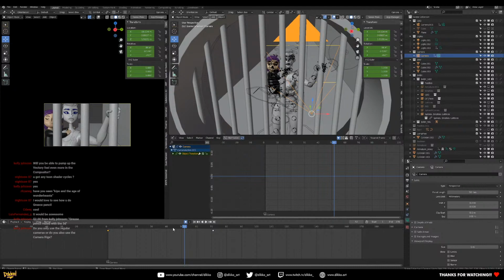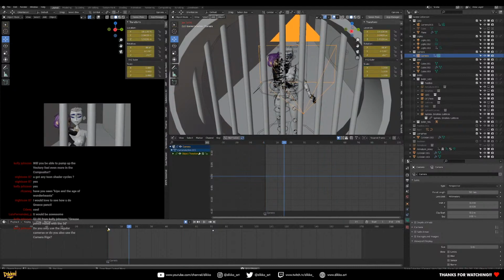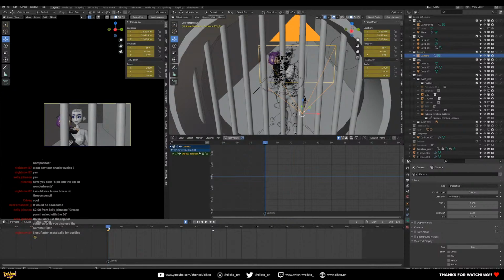Do you use any regular cameras, or do you use the camera rigs? I don't bother with camera rigs unless I need it. If I need to have a really smooth action, I'll just parent a camera to an empty or a null. And if you're familiar with After Effects,